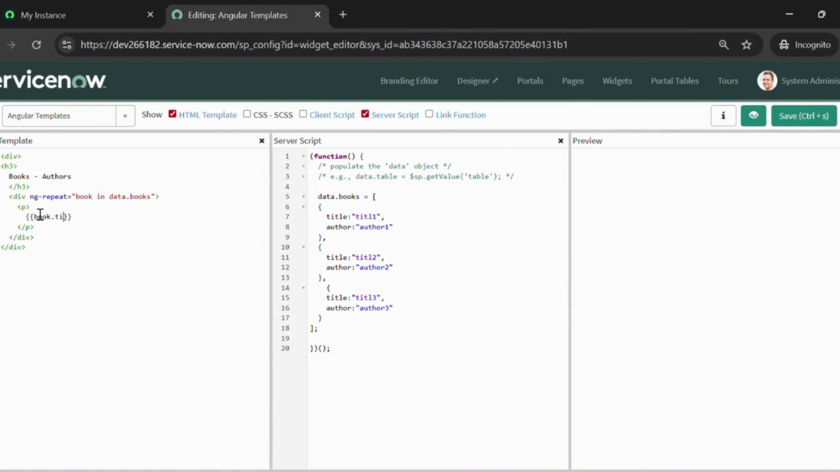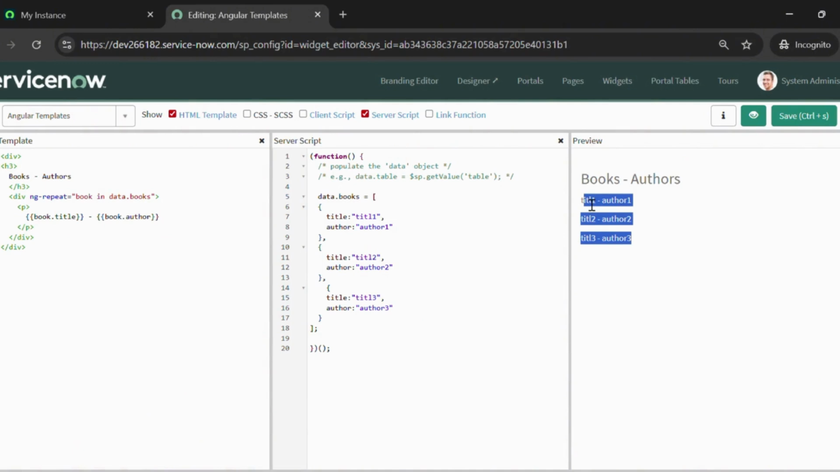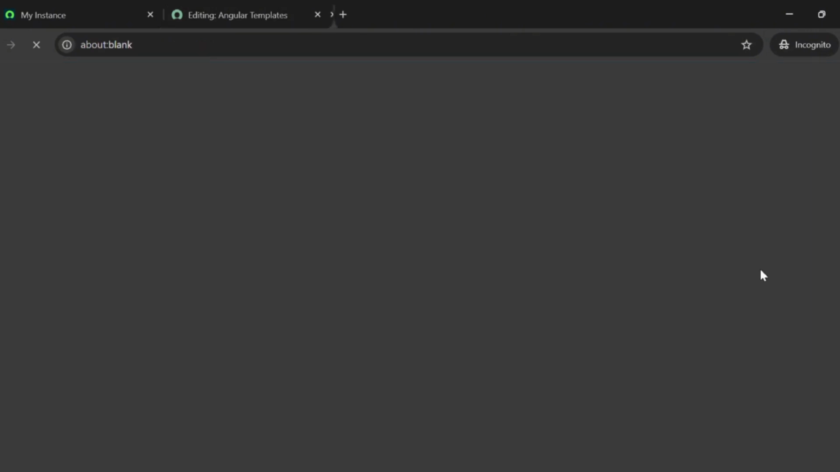Within that, book.title to get the title of that particular book, and book.author to get the author, and save it. This is working fine, but now let's improve this by using an Angular template. To do that, click on the menu, open this widget in platform,